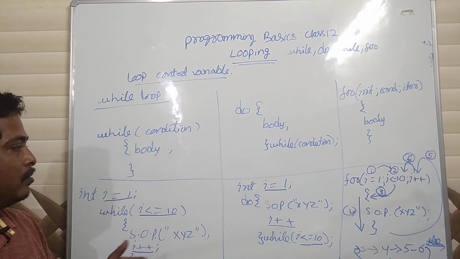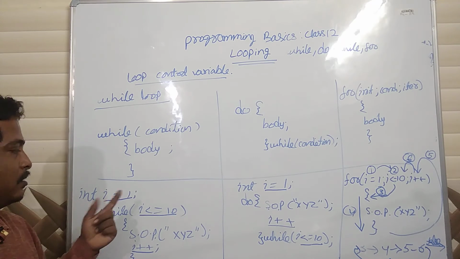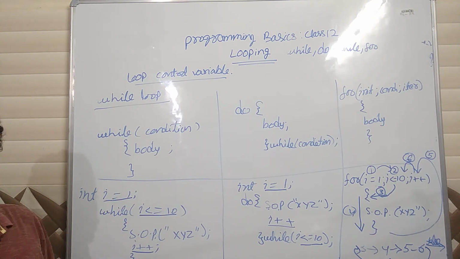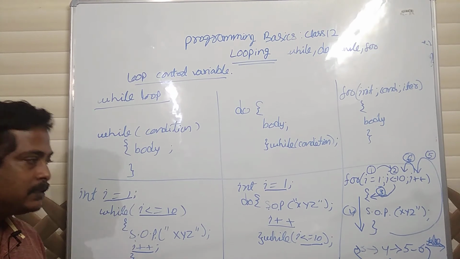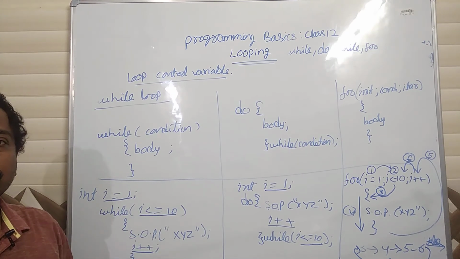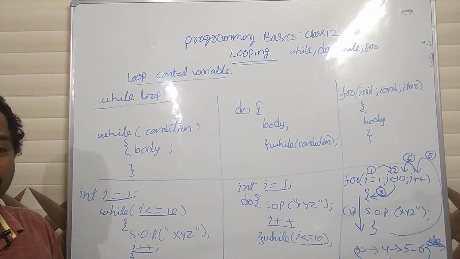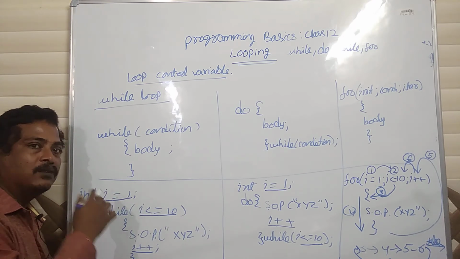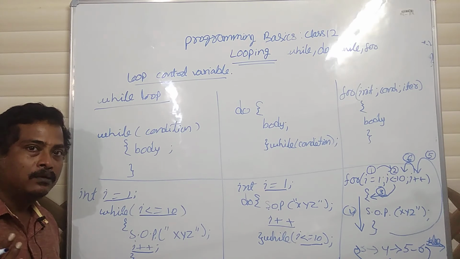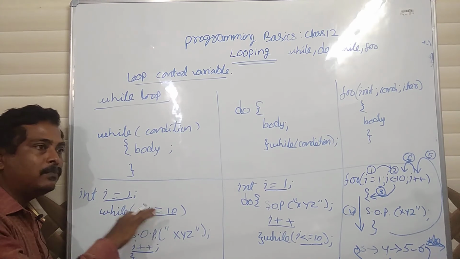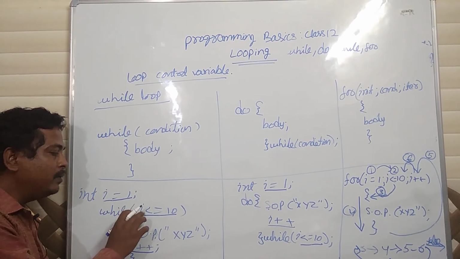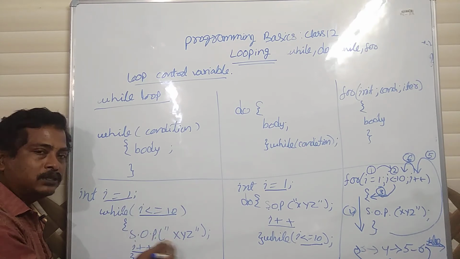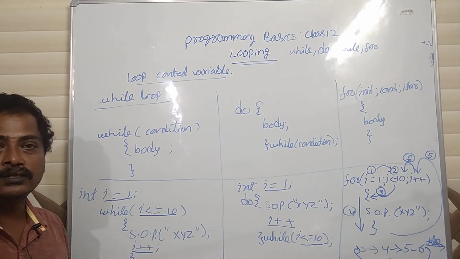Now you omit the initialization. If you omit the initialization, the i value will be some garbage value, and it will execute, but it will not give the desired output. It will give some abnormal output, because it is not starting from 1. The garbage value might be any value. Whether 10 will come or not, i will be greater than 10 the first time itself, so the condition will be false, XYZ will not be printed, and it will come outside.